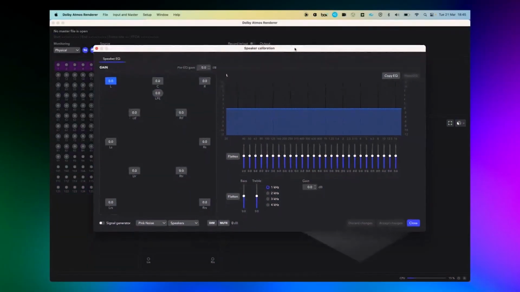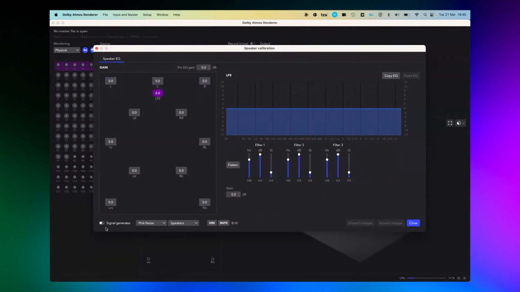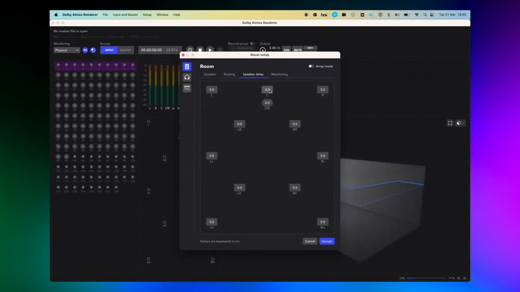So the Dolby Atmos Renderer is an exciting new product that brings together Dolby's industry-leading audio production tools, the Dolby Atmos Production Suite and the Dolby Atmos Mastering Suite, and combines them into an all-in-one solution for audio professionals and creators. So Jordan and Finn will go over all of the new Dolby Atmos Renderer features, including a new user interface designed for a smoother user experience,